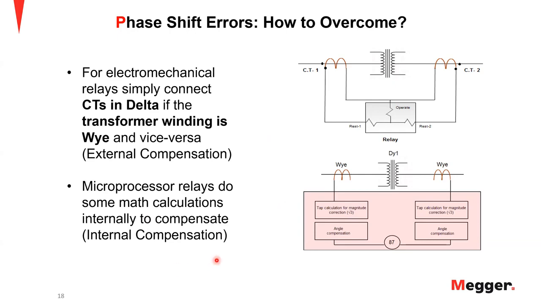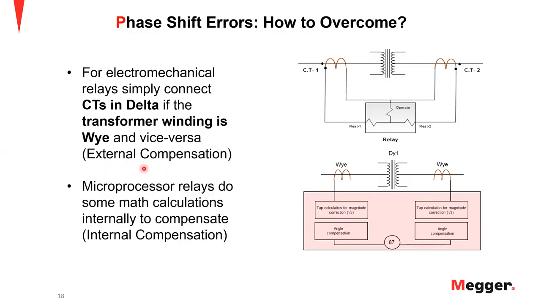There are compensation matrices that are defined with respect to certain winding configurations. Based on the winding configuration we use, we can choose the appropriate compensation matrix to compensate internally inside the relay, and that is done mathematically. When we do the compensation using the CT connection type, it's external to the relay, so it's called